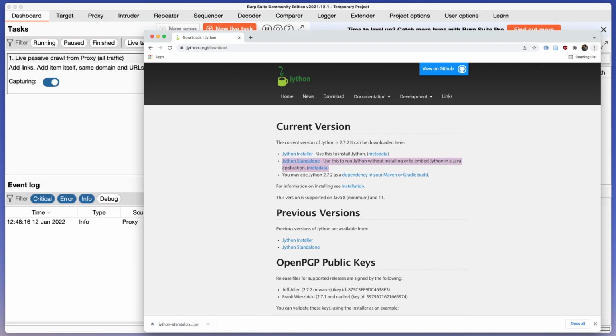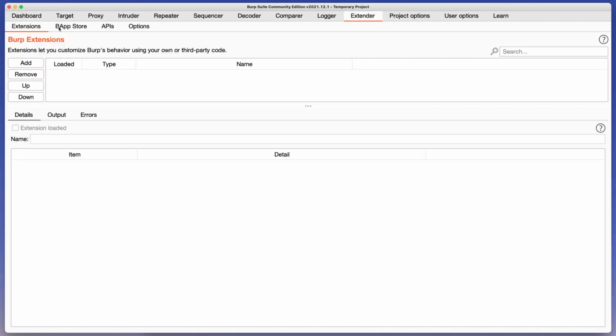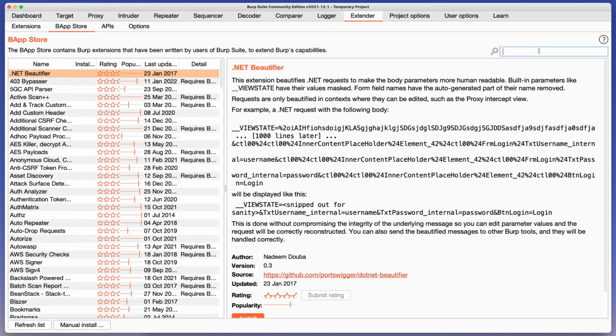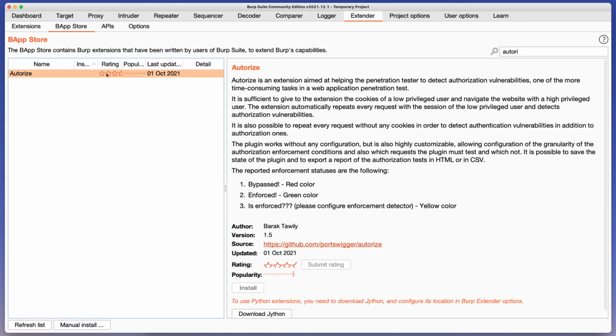It's just gone onto another screen so you can't see it, but it's on my desktop now. So then all you need to do is go into Burp, go into Extender, and you can see here it says Burp extensions let you customize Burp's behavior using your own or third-party tools. So if we go to the App Store and Google Autorize, we can see